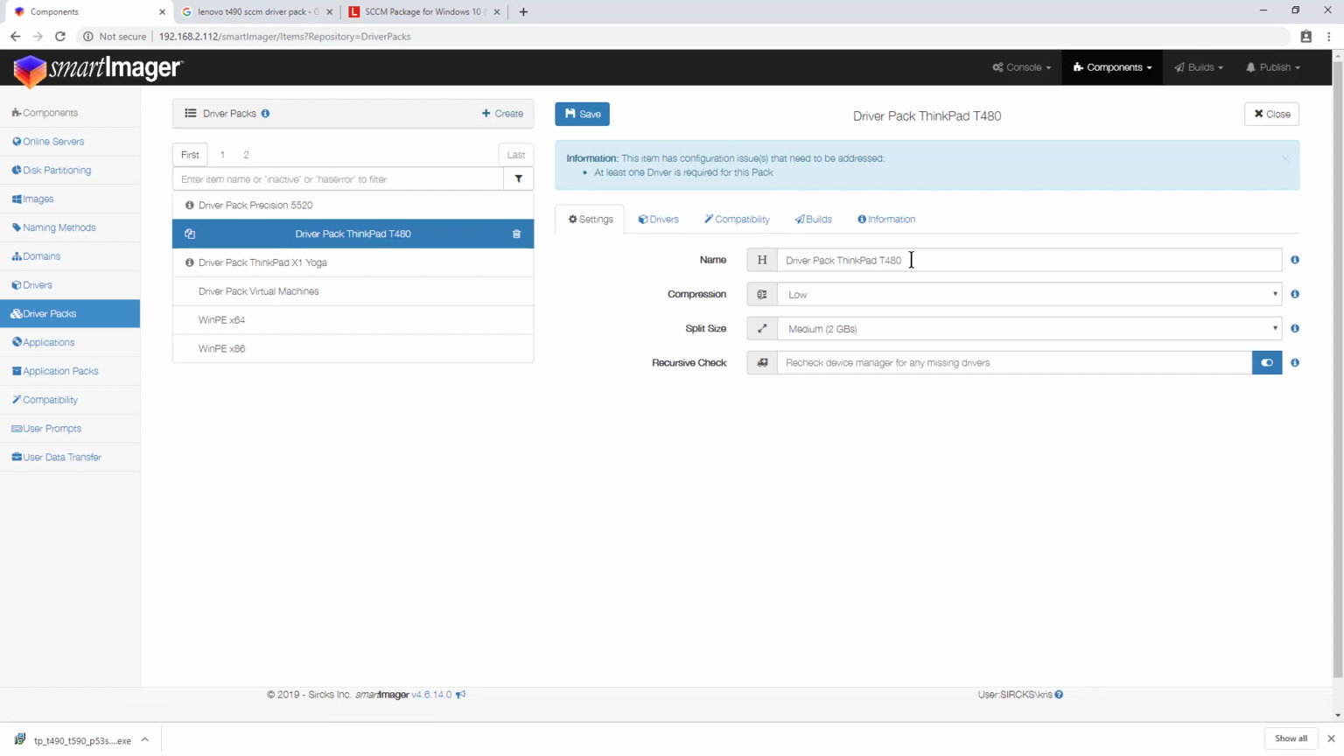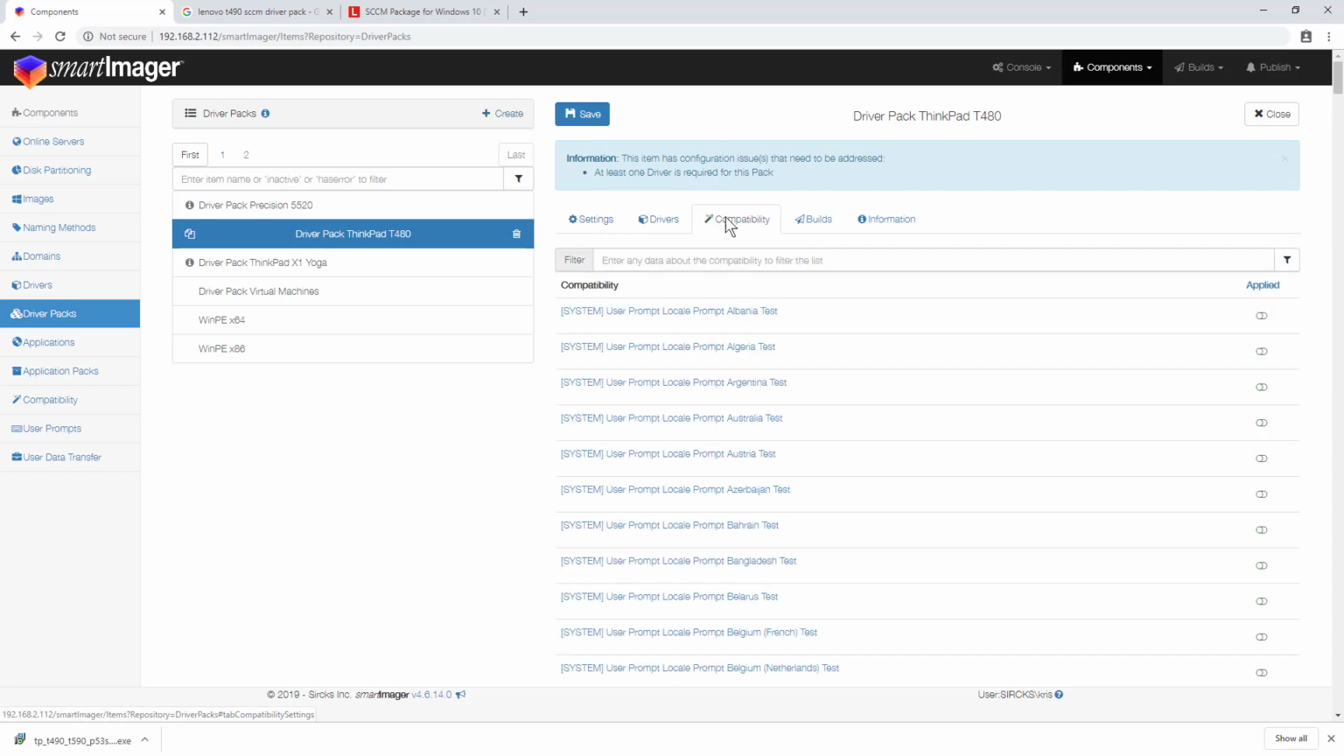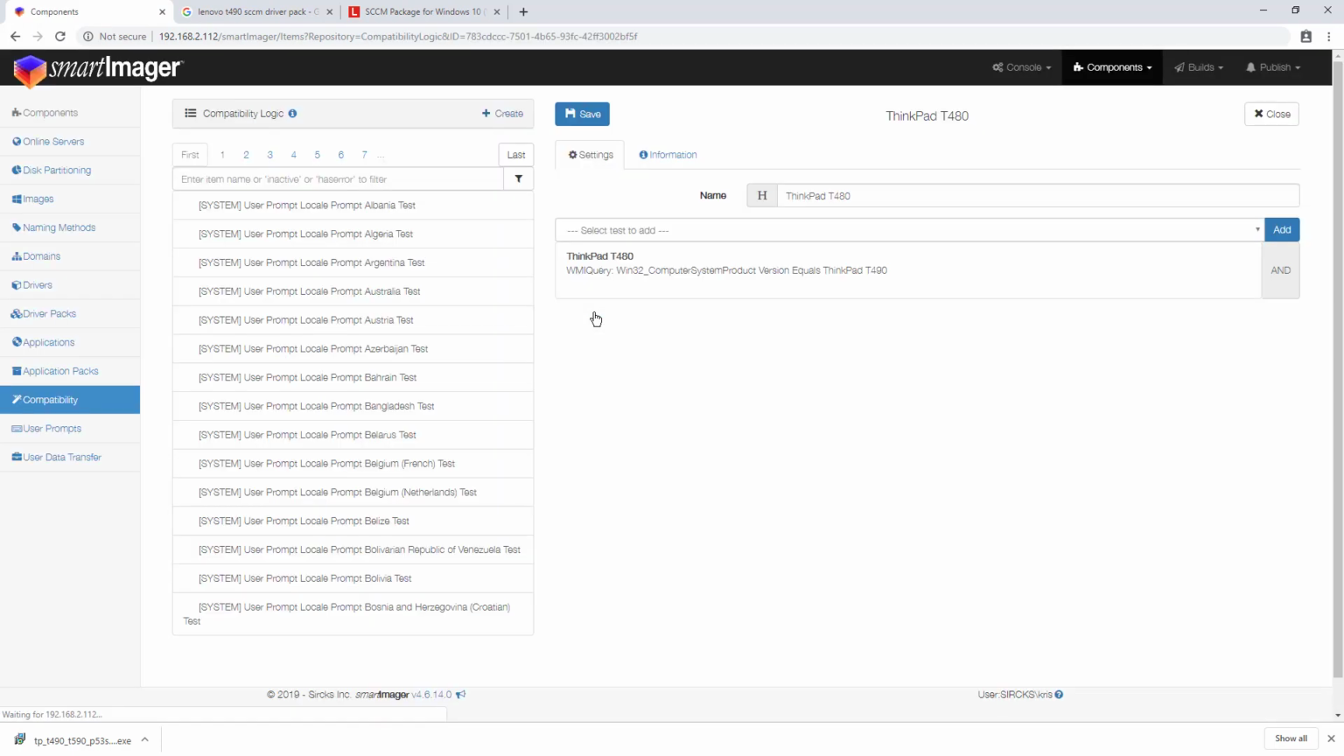Okay. So what I want to do here, and you'll notice that there's no drivers yet in this pack, and you can see drivers, there's none. If I go to compatibility and I look at what is applied here, it'll say the ThinkPad T480. This is important that I actually looked and found this. If I click on the T480 and look at that compatibility, it'll tell me that Win32 computer system product equals